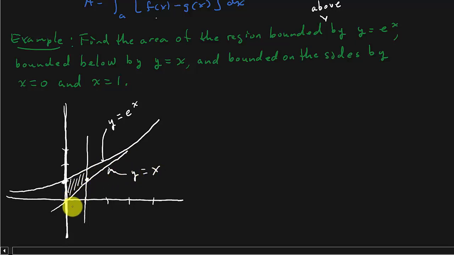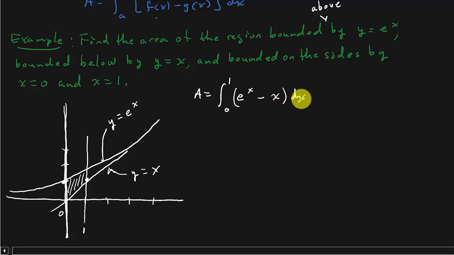You see that? On this interval from 0 to 1. So all we do is we find the area is equal to the integral from 0 to 1 of the curve on top, which is e to the x, minus the curve on bottom, which is x,